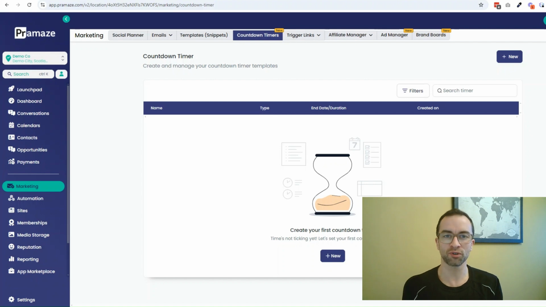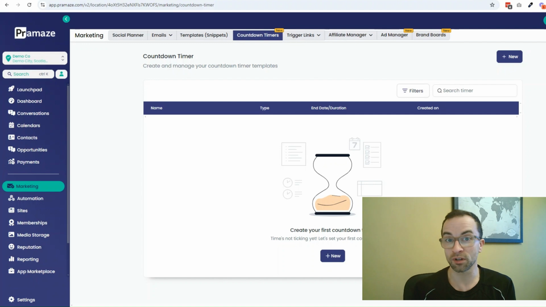So what this means is you can put your countdown timer on your website, on your funnel, in your store, or even in your emails, and it will synchronize that countdown timer across the board on all those places to emphasize the urgency, to get people to take action, to either buy, purchase, or even the countdown timer towards an